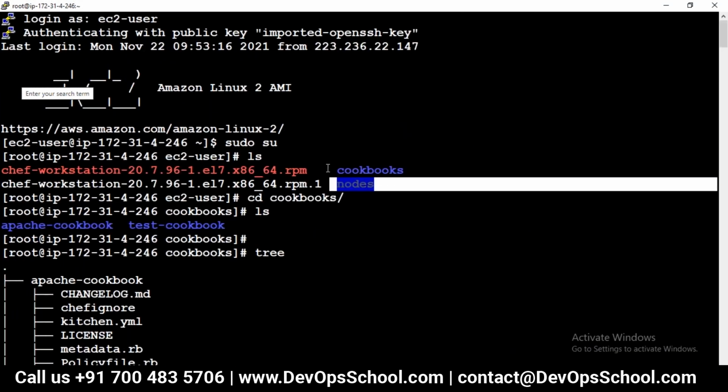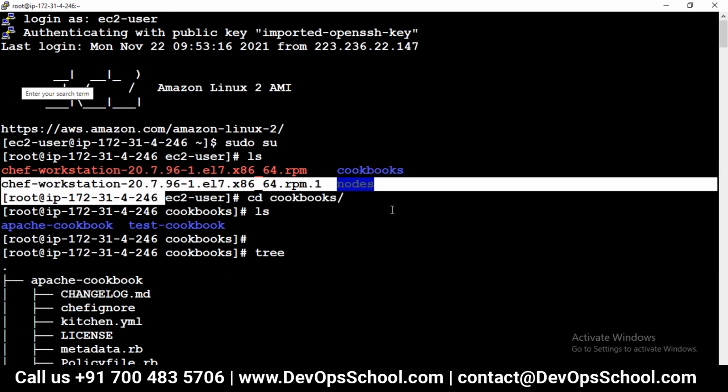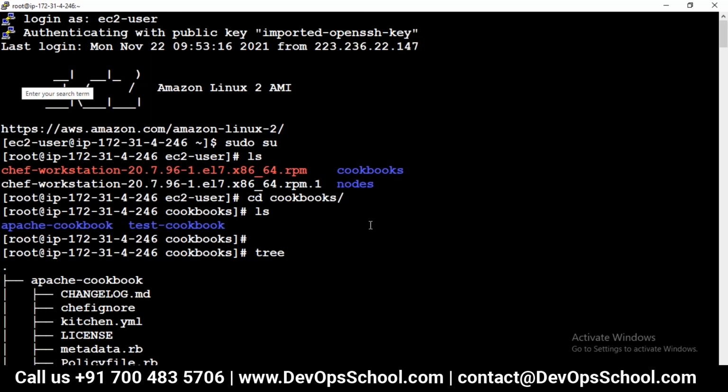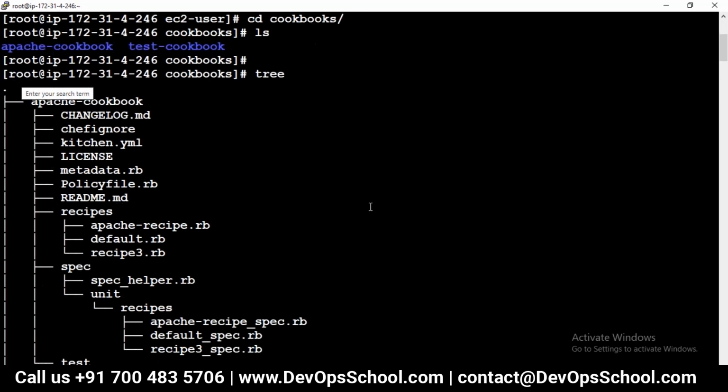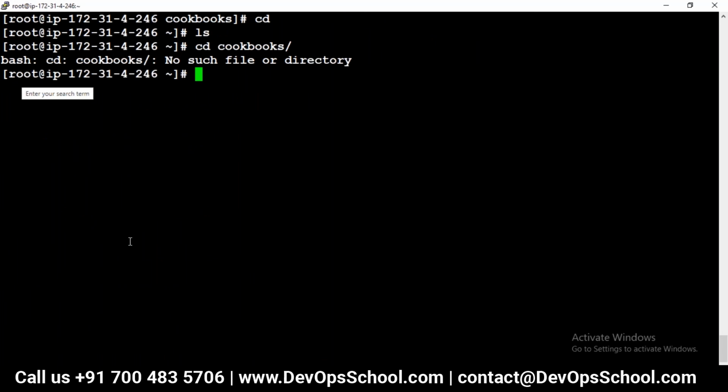This is showing node, cookbook, and safe package. But here we will see one more thing, safe repo. When we copy and paste the safe repo with the help of WinSCP, we will be able to see all the nodes connected with the server here.